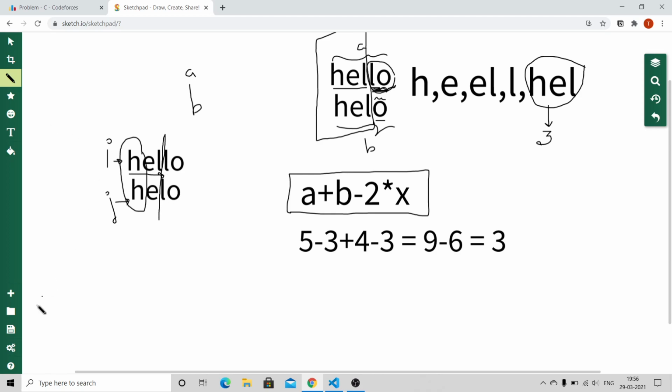As you can see here, they both are equal until here.